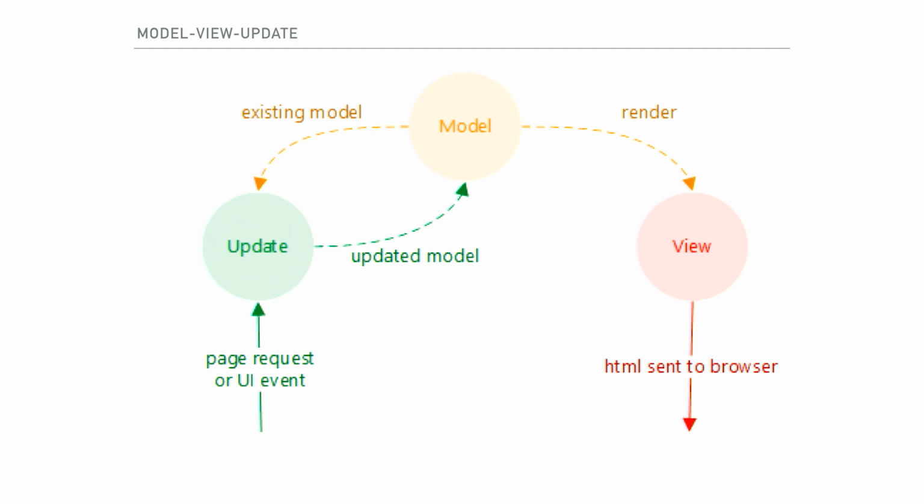You have something called update function, and update function is executed whenever something happens in your application. It takes the existing state of your application and the event, and it outputs the new state of your application. It's just, again, a simple transformation. Then, whenever the model is updated, it's fed to the view function, and the view function is responsible for taking the model